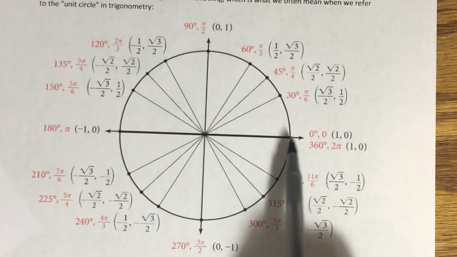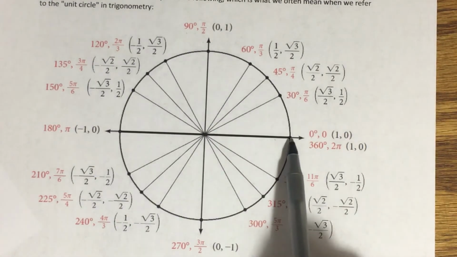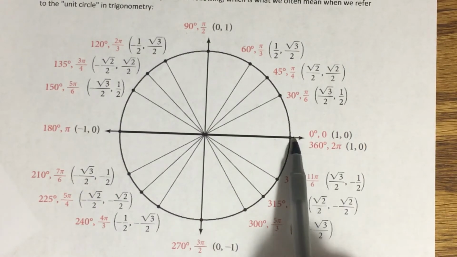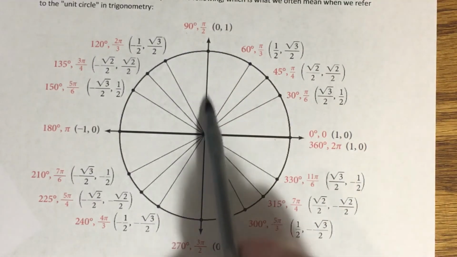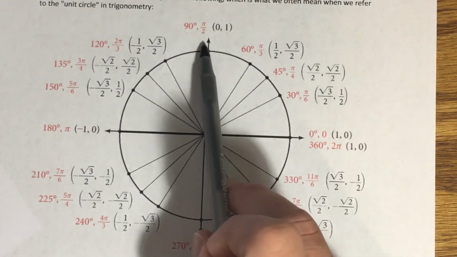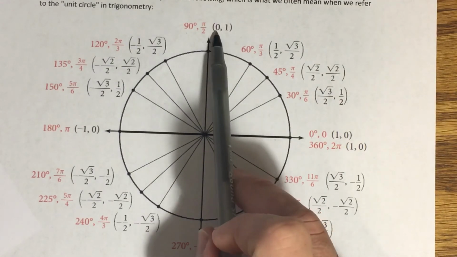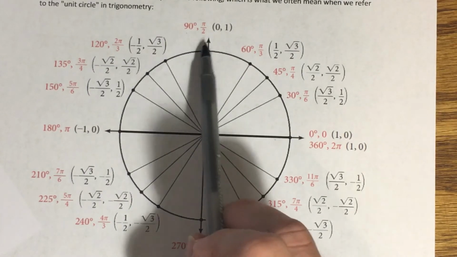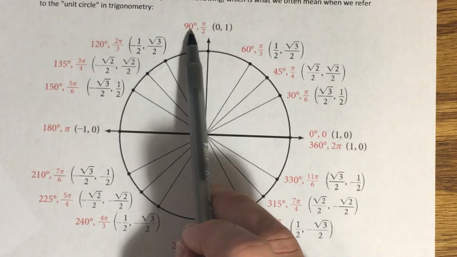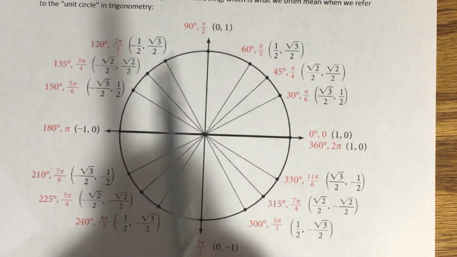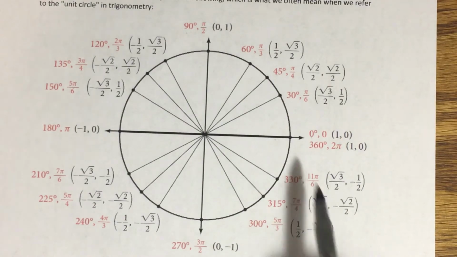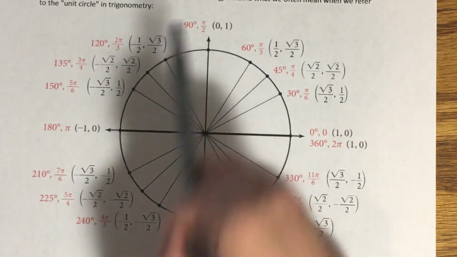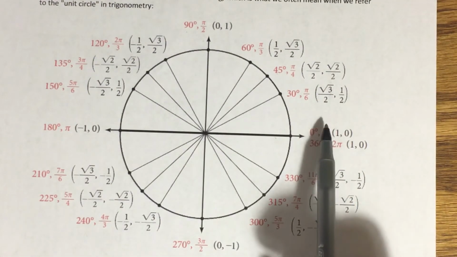So for example, right here, this is the point 1, 0. That means that the cosine of 0 degrees is 1 and the sine of 0 degrees is 0. Similarly up here, 1 unit above the x-axis on the y-axis, that's where this point would be, it's going to have coordinates 0, 1. So the cosine of 90 degrees, which is what determines this point, has to be 0, and the sine of 90 degrees would be 1, the y-coordinate of that point. Okay? So here, 1, 2, 3, 4, 5 different angles, 0, 30, 45, 60, and 90 degrees. We can find the sines and cosines of those angles all by